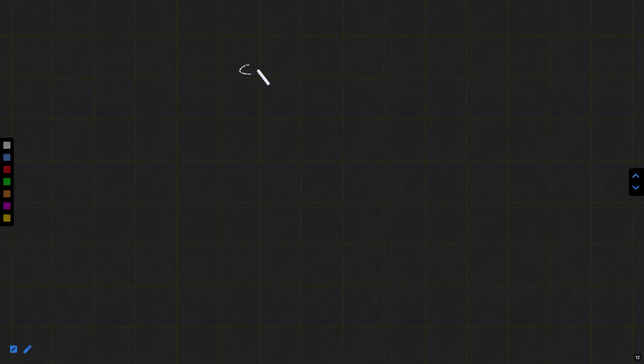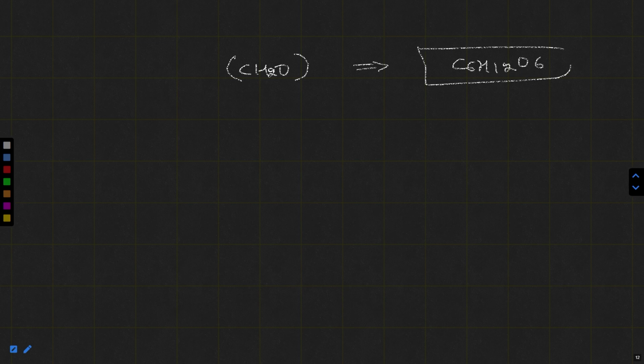In the case of glucose, CH2O is the empirical formula and the molecular formula is C6H12O6. What do you need? You need carbon 6 and here is carbon 1 only. So if you multiply by 6, you will get carbon 6, hydrogen 12 and oxygen definitely 6. So CH2O is the empirical formula, and C6H12O6 is the molecular formula.